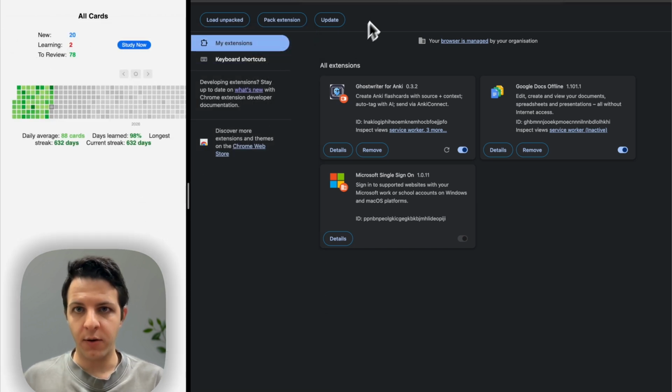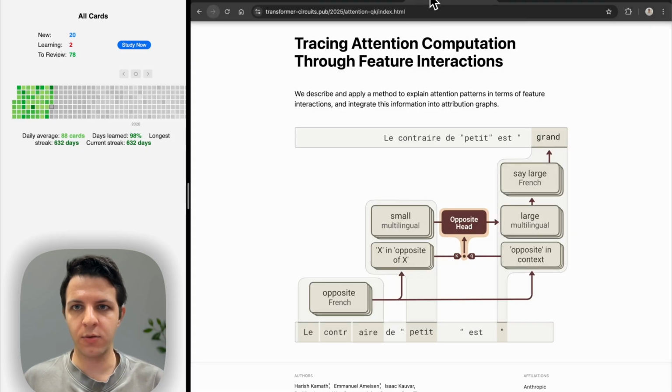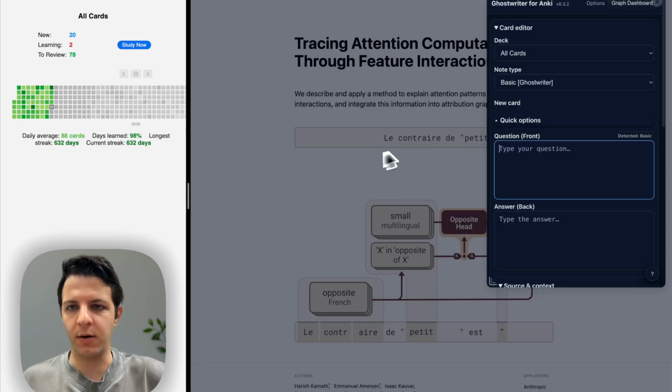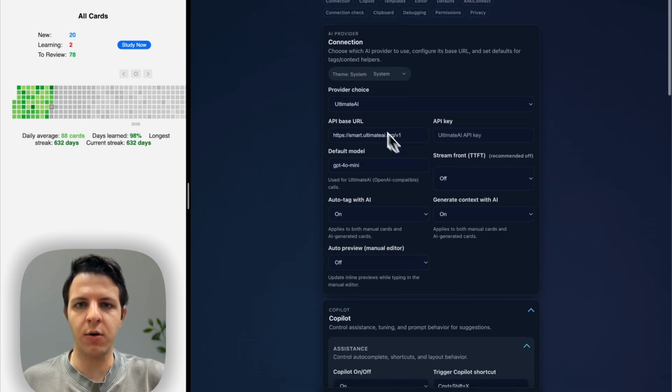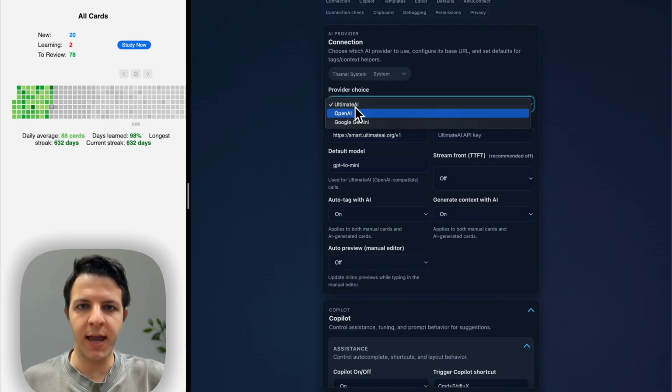The third thing that you're going to want to do is go to some web page, use your shortcut to open up the overlay, and click Options. Now, in Options, you're going to be able to enter your API key for your AI provider of choice. Now, I have three AI providers set up. Most of you would be familiar with OpenAI and Google Gemini. Ultimate AI is just an aggregation service for AI that I use, but most people will probably want to use